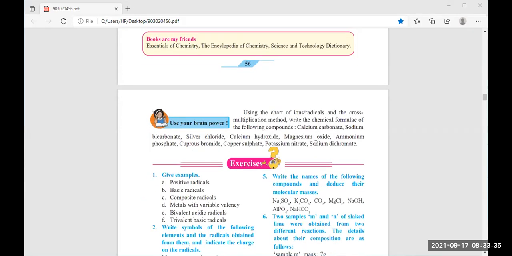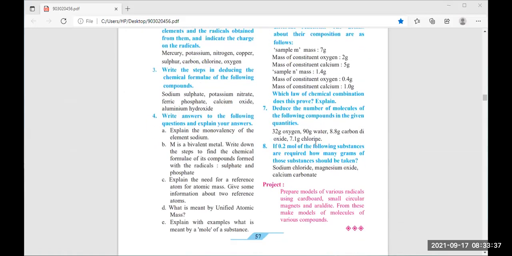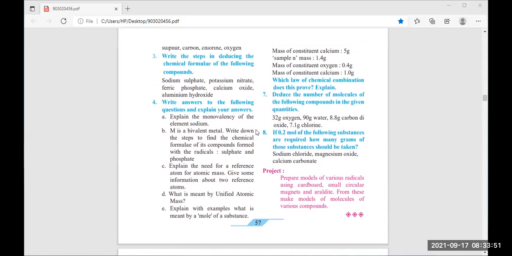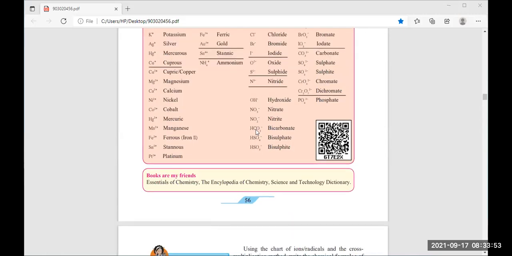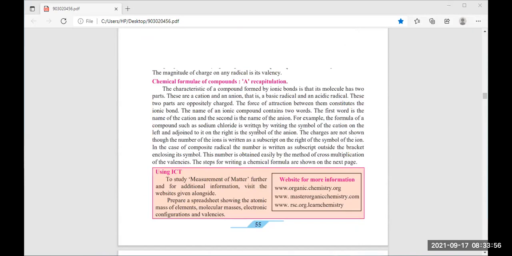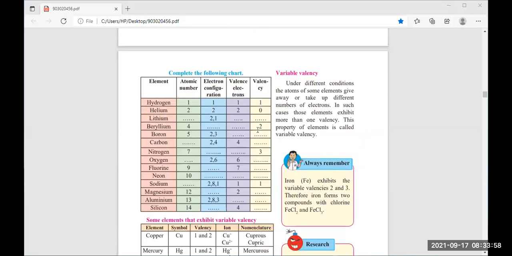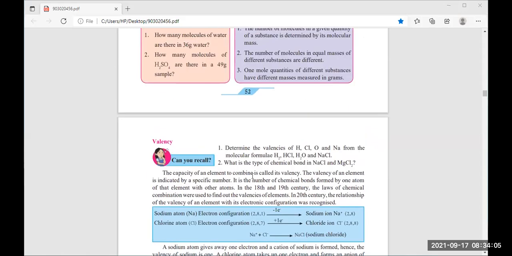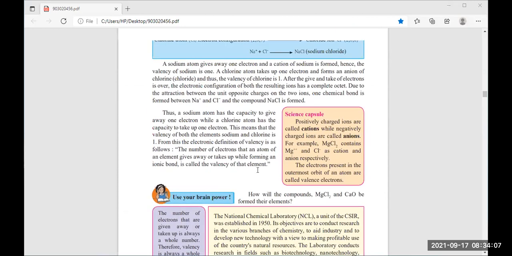Now, see, B. B is there? Yeah. What is meant by unified atomic mass? Now, tell me, unified atomic mass? So here about the unified mass, we are getting the very simple answer, that is a standard unit. We are using Dalton. What are we using? Dalton, and we know that 1 Dalton is equal to how much, and 1 unified mass is equal to 1 Dalton. Where is it given?